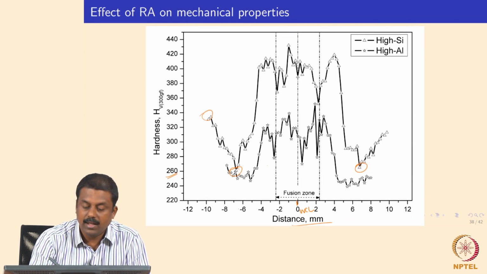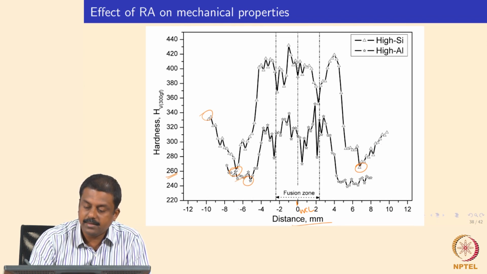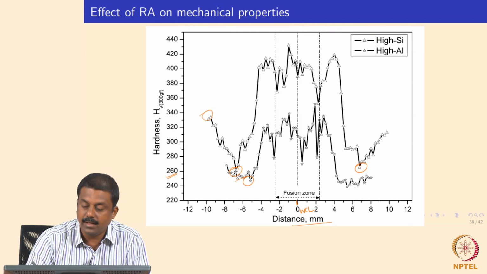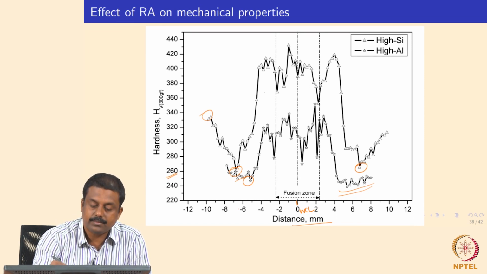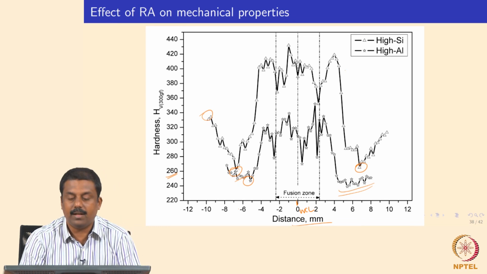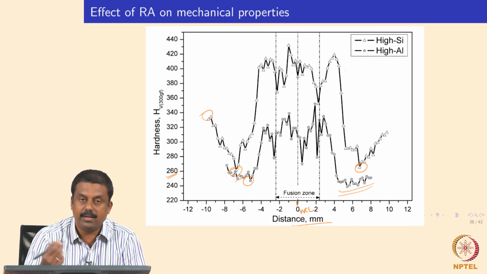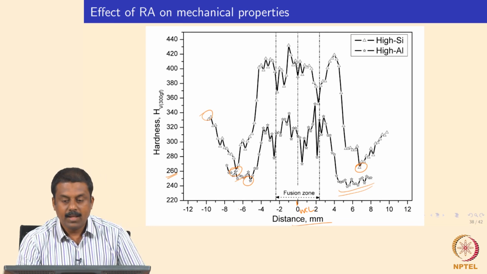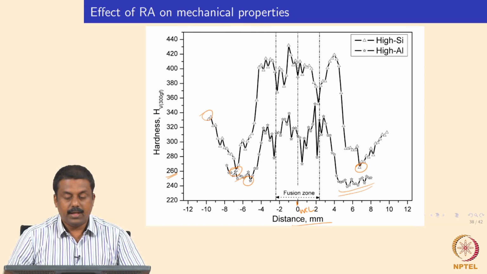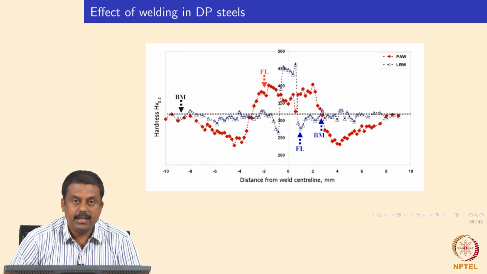In the regions where we have close to 0% retained austenite, we have extreme softening, and this effect is seen in both the cases. In high silicon steel it is very significant. In high aluminum steel, the overall retained austenite stability is very poor, and you will have extreme softening. Of course, in the weld zone, you will have its own retained austenite fraction, and based on the segregation microstructure, you will have very high peak hardness. So we will conclude here with the TRIP steel.